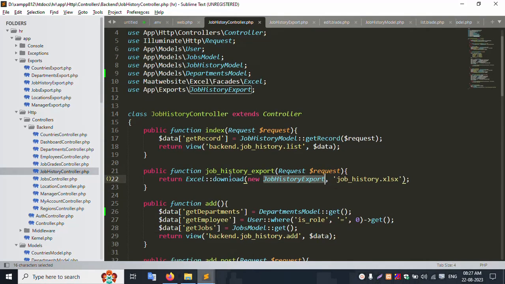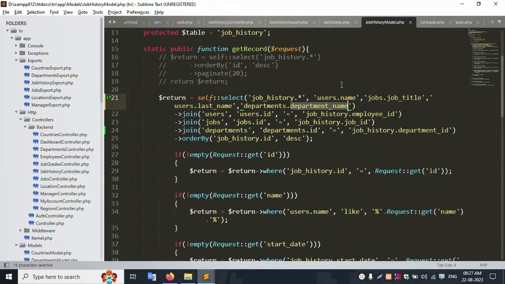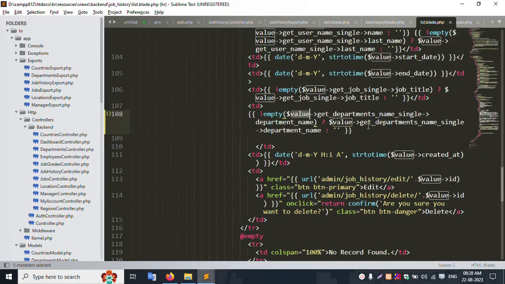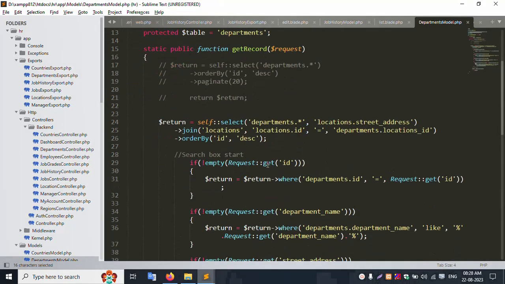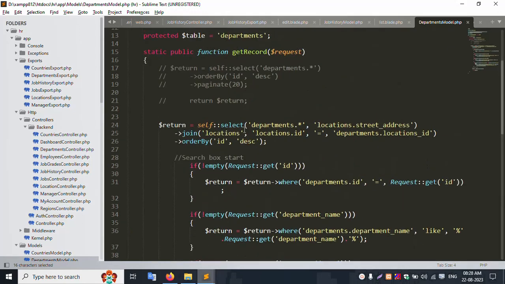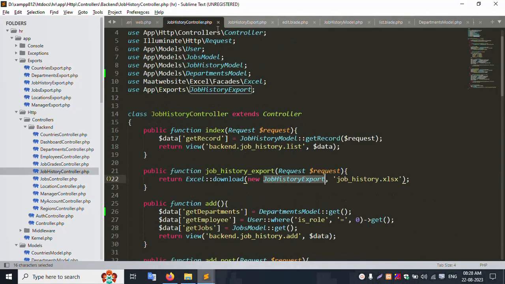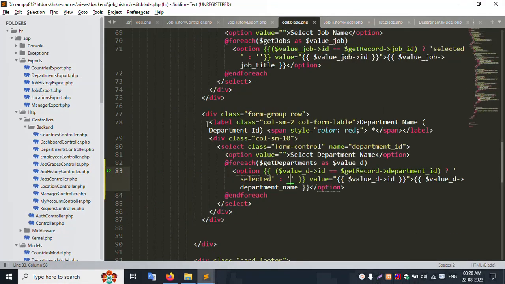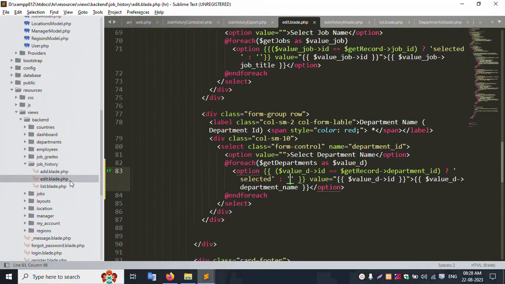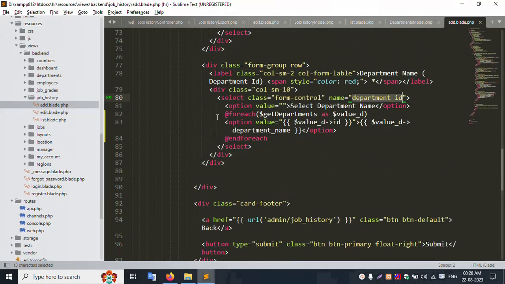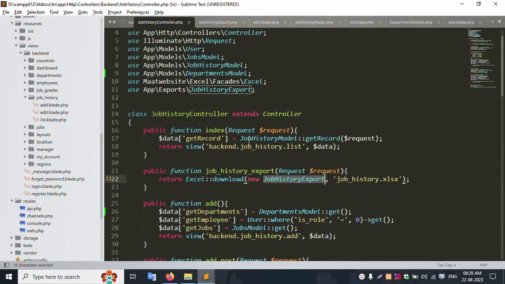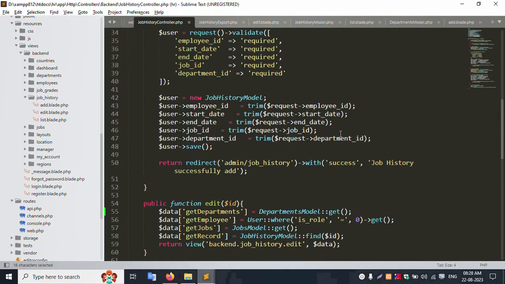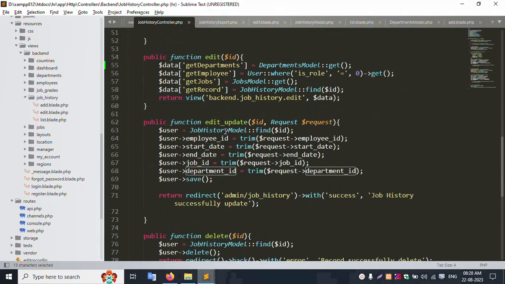Inside this add job export, inside this model, add this line. Inside this, add it to the list file. It is available, good, belongs to this department, good. This table add, successfully all set. This edit file, all departments set. This add file is available, good working. And in this job history controller, this is available. Insert this table inside this job model, inside this add and edit,